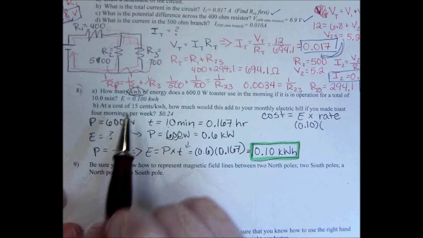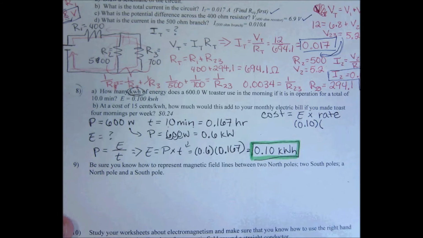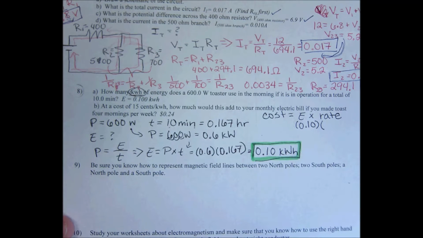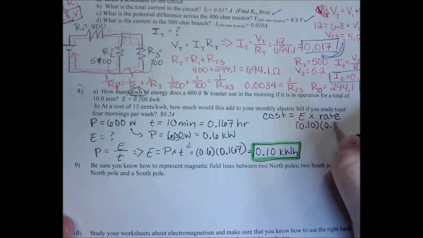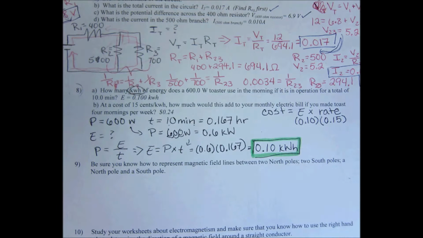Now, we want our answer in dollars. We don't want our answer in cents. But luckily, it's really easy to do conversions from cents to dollars. 15 cents is going to be $0.15. So 0.1 times 0.15